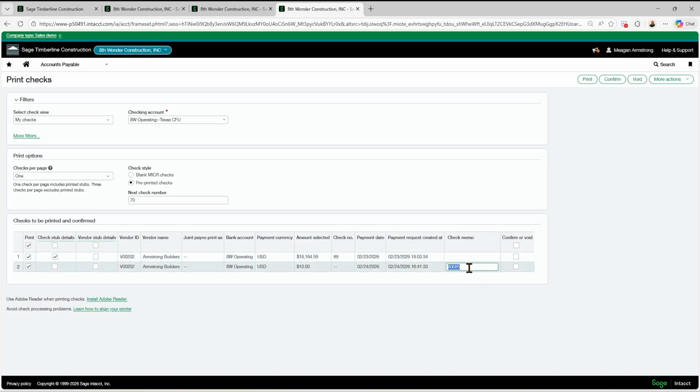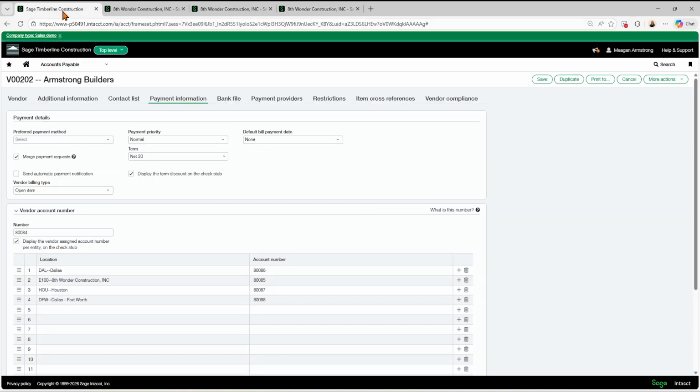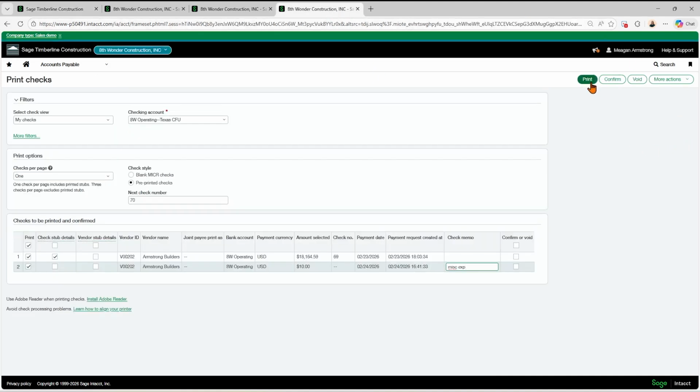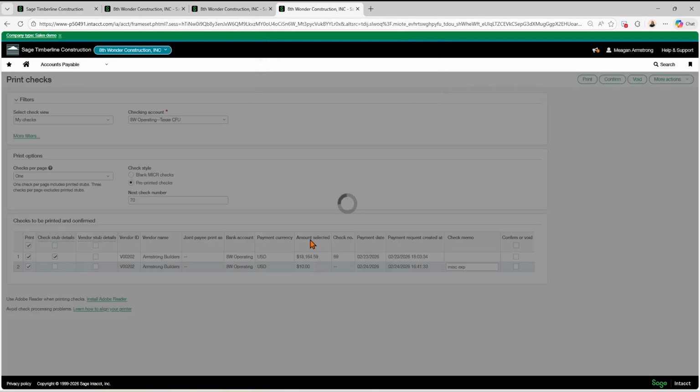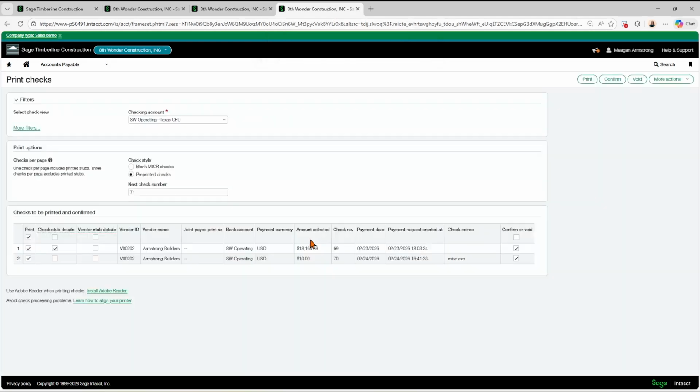Let's overwrite that and we'll just say miscellaneous expense. And then in this check memo, we've got multiple bills being paid, so it will by default print the overall company account number in the memo. So let's print these checks and take a look.